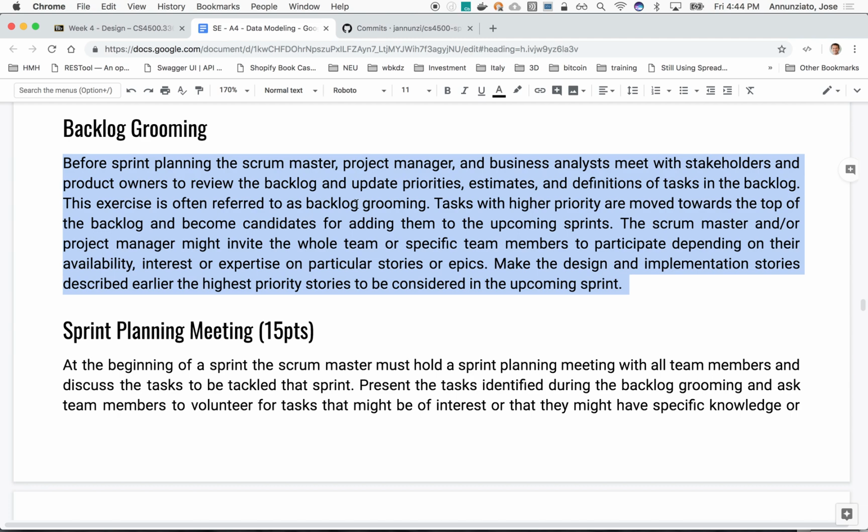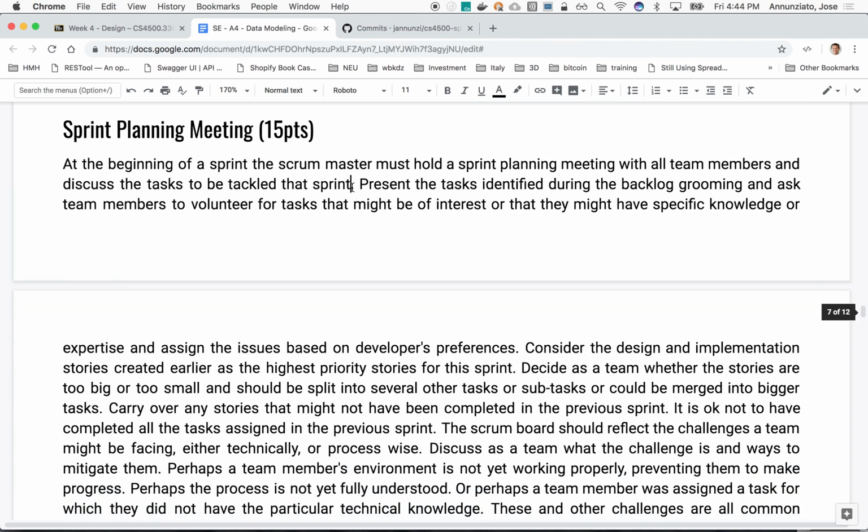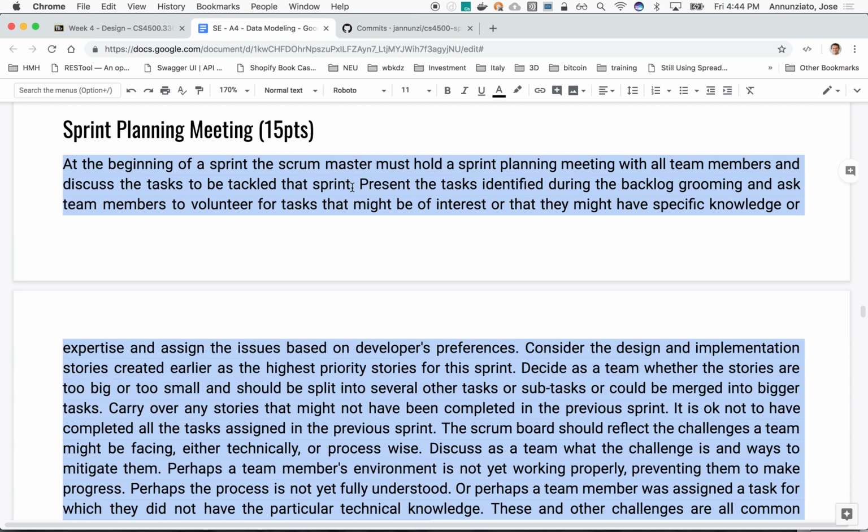So that's called backlog grooming. Decide on what we're going to be working on next, which I've done for you. So on sprint planning, after doing the backlog grooming, you'll have a sprint planning meeting. In that sprint planning meeting, the Scrum Master is going to say, these are the 6 stories that we're going to be working on, 3 design stories and 3 implementation stories, and is going to ask the team to,